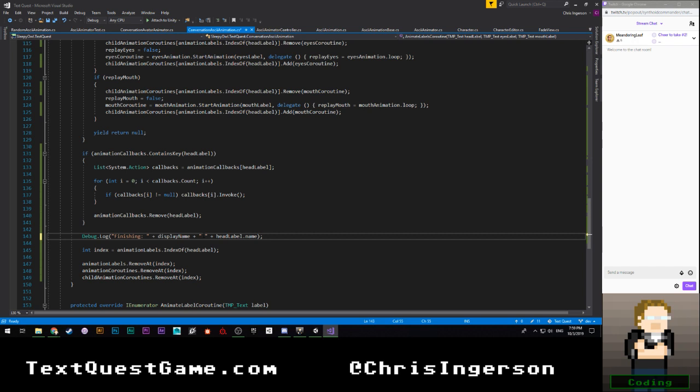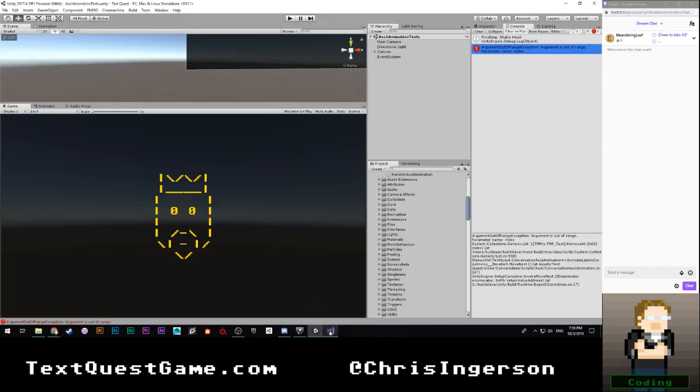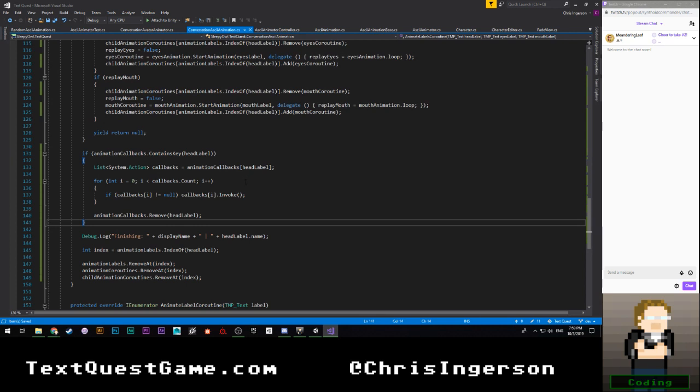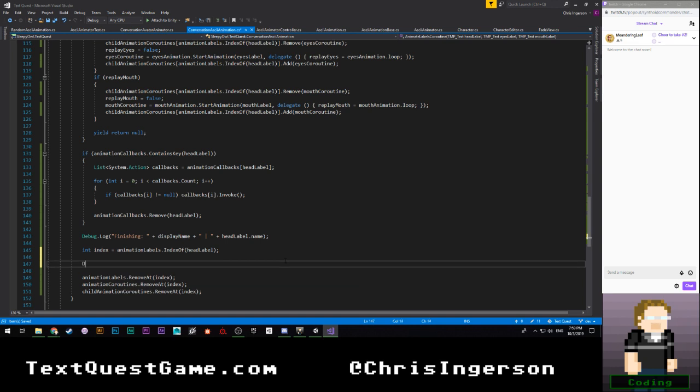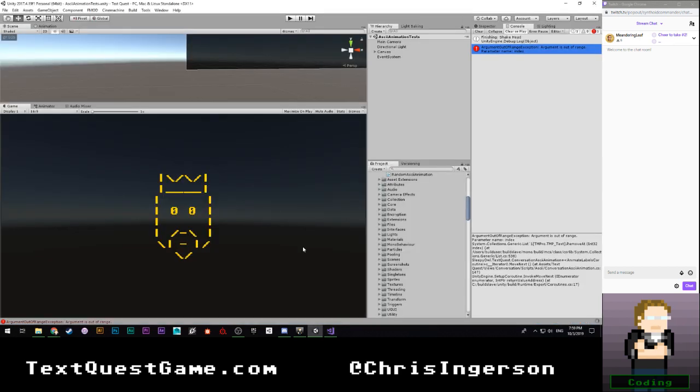So we're going to just check that to make sure that that head label name is correct, I guess. I'm assuming that it is. I guess it would be good to know this as well. So let's debug.log index, just so that I know what index it thinks it is, if that's -1, which I'm assuming is the case, or if it's some positive number.